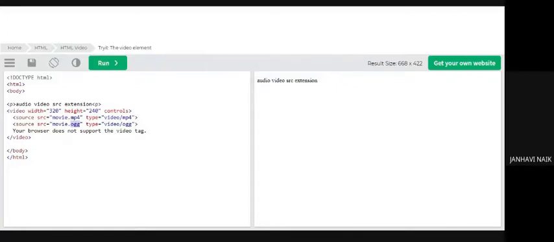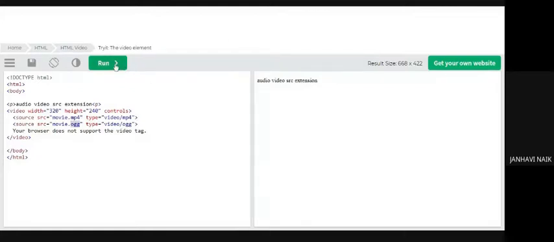Even if it is an ogg type of video, it should again run. These are the extensions which are accepted by Google Chrome. Google Chrome will accept a video which has the extension .mp4 and .ogg. All difficulties will be solved over here itself.